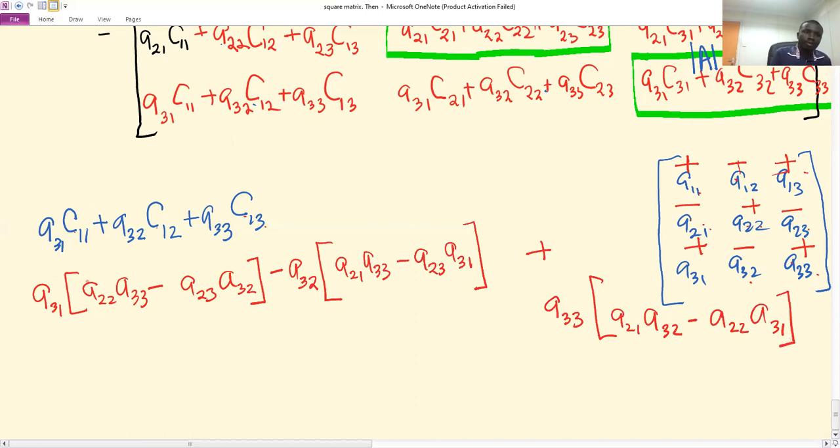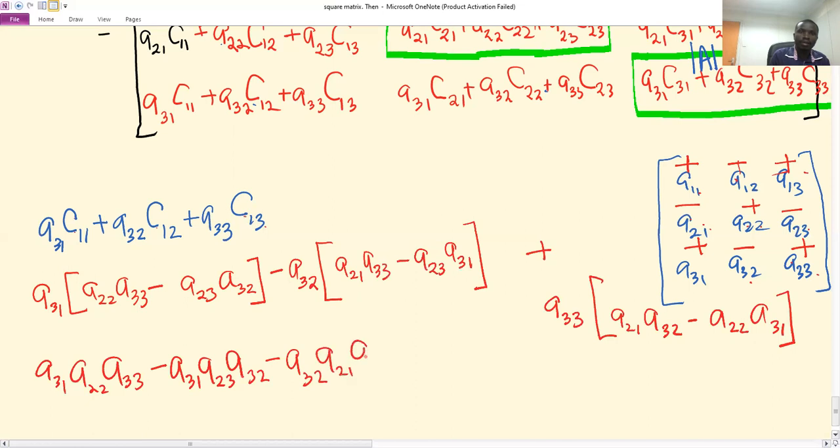So we'll have multiplying here, A31, A22, A33 minus A31, A23, A32 minus A32, A21, A33